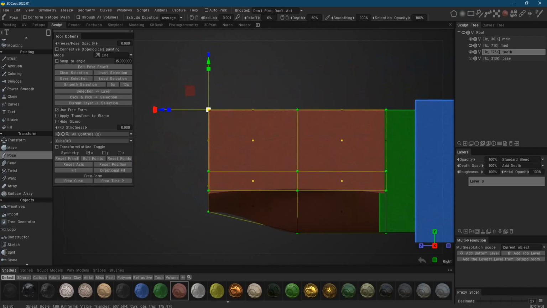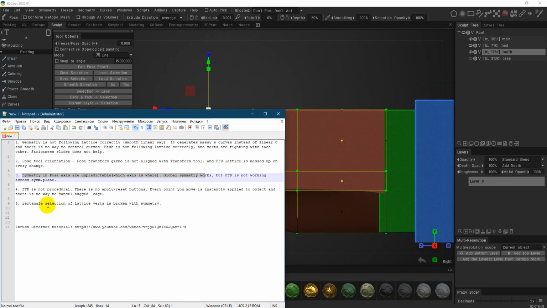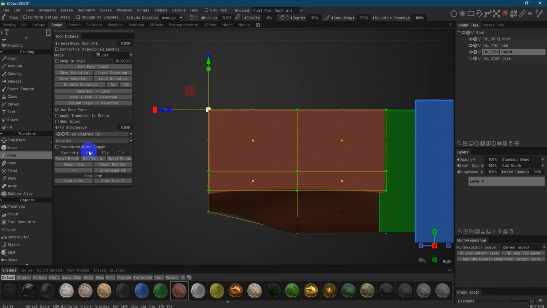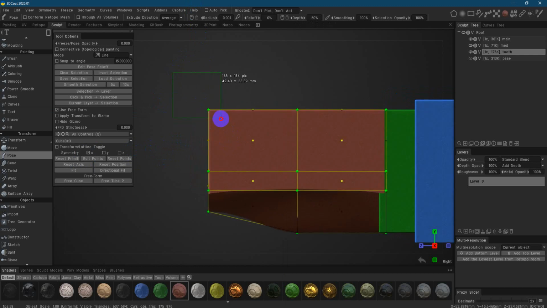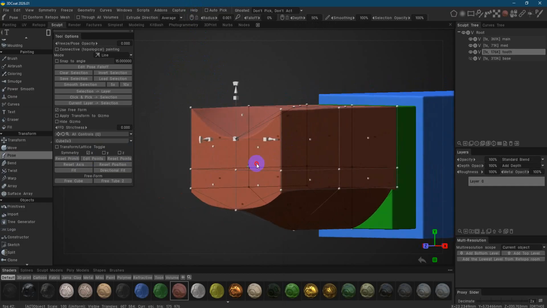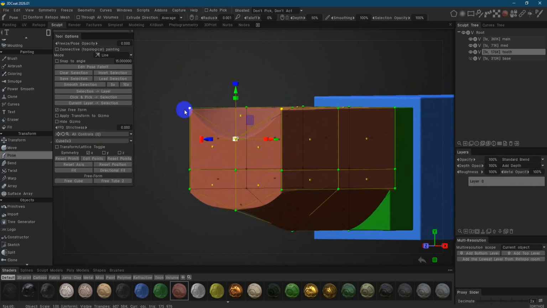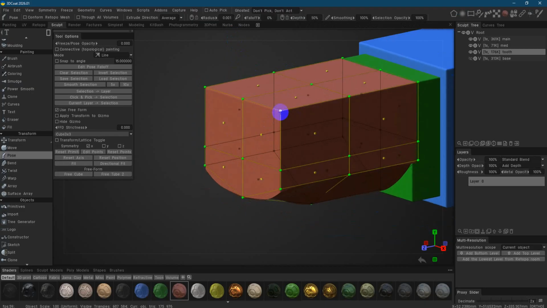This is another problem. This one, rectangle selection of lattice verts is not working with symmetry. If you have symmetry enabled here, and I try to select all three of these verts, it just doesn't work. Look, I have selected all three, but it's working only on the middle one. Why? No idea. If I go manually select this and this,